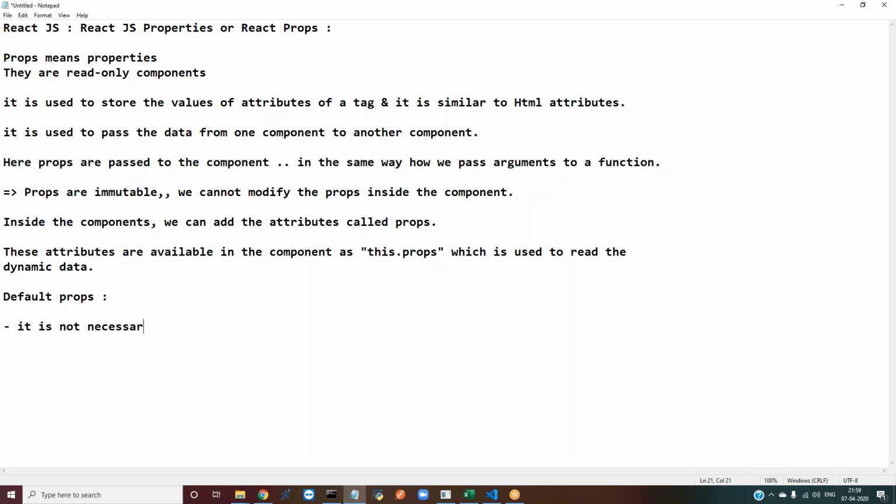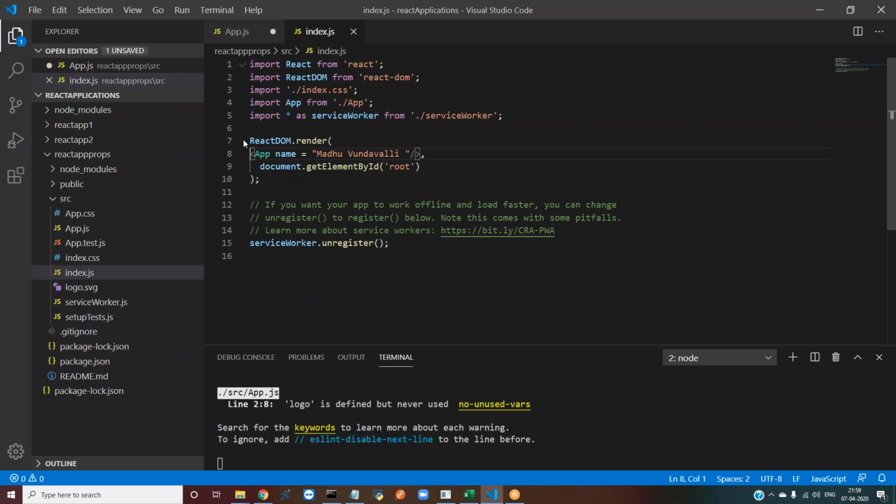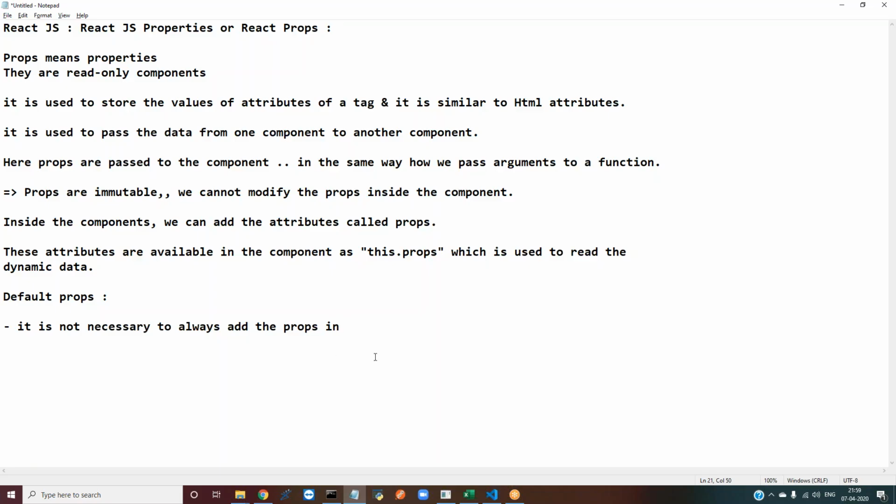It is not necessary to always add the props in the ReactDOM.render function, or render element. Okay, you can also set default props directly in the component itself. Now I'm going to show you how we are going to define these things. Okay, take down.